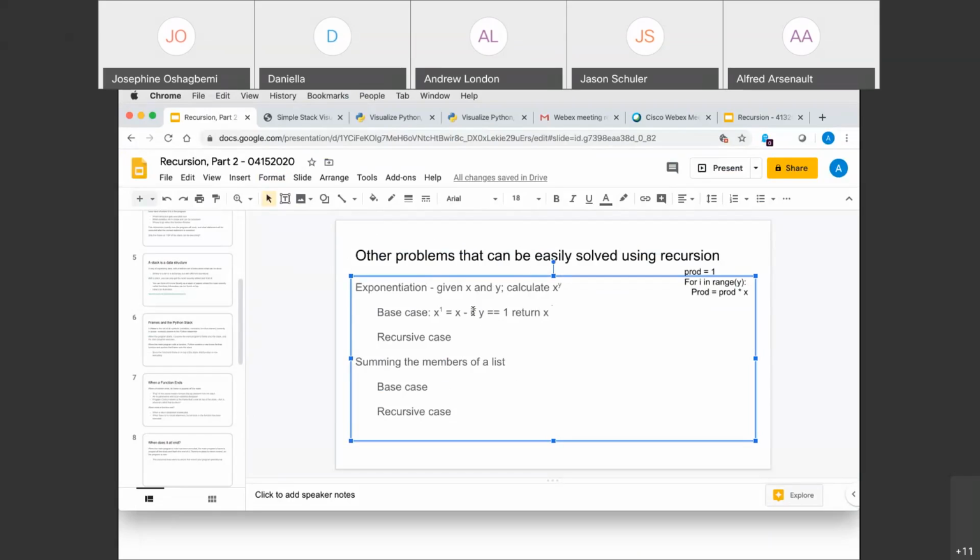I could deal with 0: if y equals 0, return 1. If I had to deal with negative numbers, where we're taking basically 1 over x to the y, I could write a base case to deal with that. But for now, I'm just going to assume I'm going to get a positive integer for y. So I'm just going to say my base case is if y equals 1, return x. Okay, and my recursive case is simply